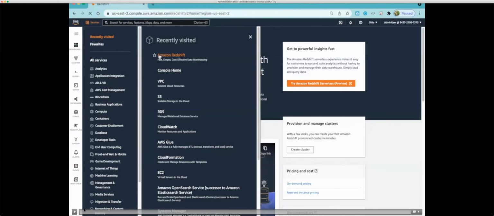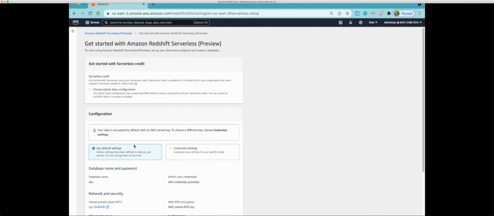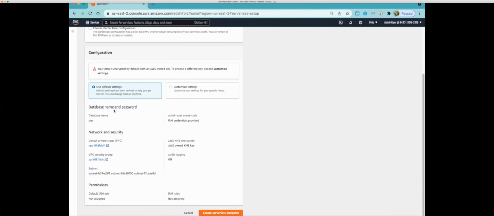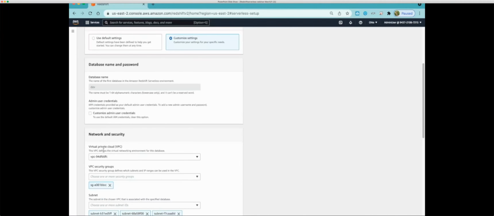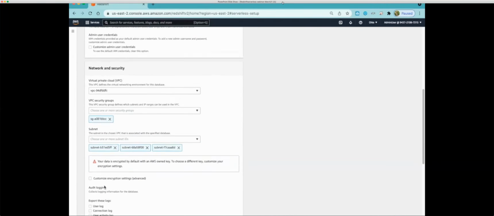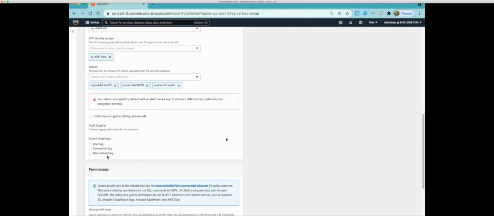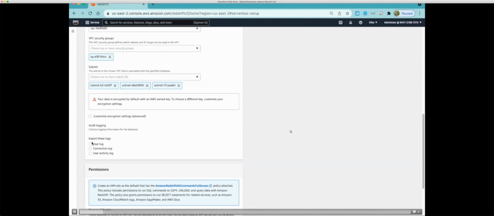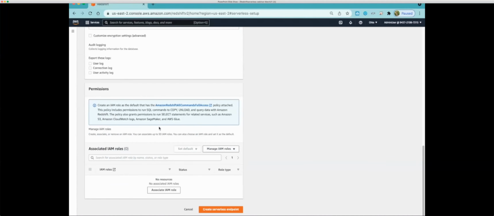Yep. So as Naresh mentioned, getting started with Redshift Serverless is very easy. You just go to the AWS Management Console, Redshift, and you can say, try Amazon Redshift Serverless. When you set up the serverless endpoint, you can choose the default settings, so that you don't have to worry about changing anything. But if you have specific security policies for your company, you can choose things like VPC, subnet. You can specify your own encryption key, and you can also optionally enable audit logging. So really, only if there are very specific settings for your company; otherwise you don't have to worry about setting anything.